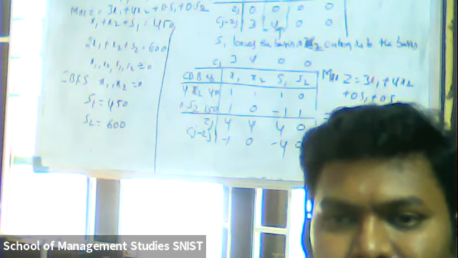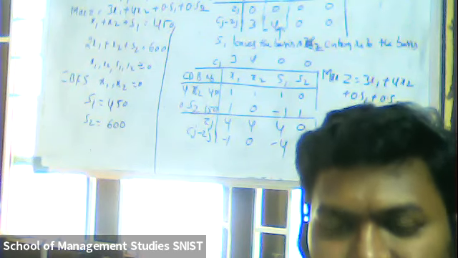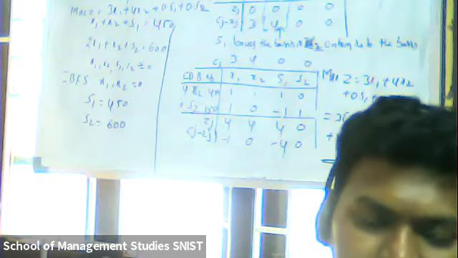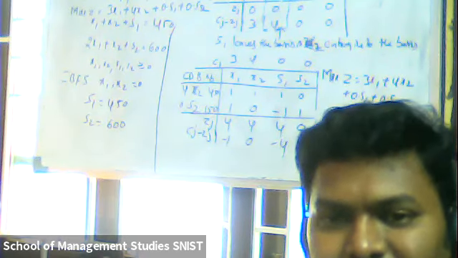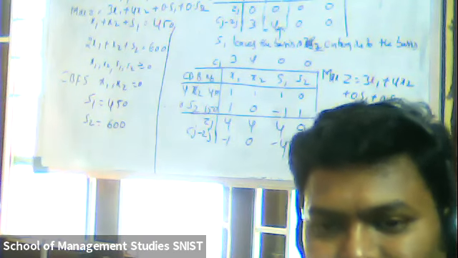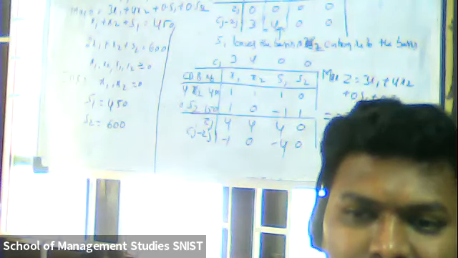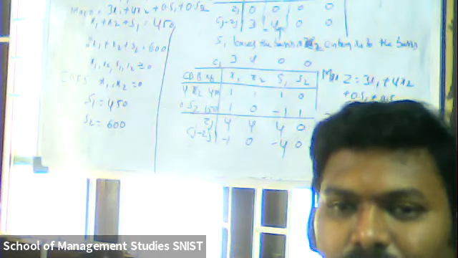Okay, so till we get Cj minus Zj negative or zero values. If you get any one positive, then again same procedure to get Cj minus Zj value negative or zero. Once you get Cj minus Zj negative or zero, then we may say that it's an optimal solution. Then we'll substitute those values in the objective function. Then we'll conclude. This is about simplex method.